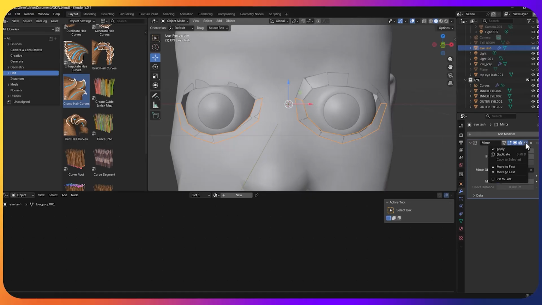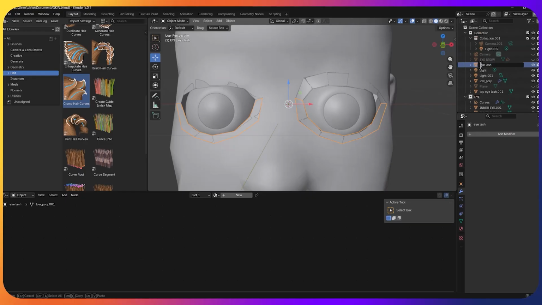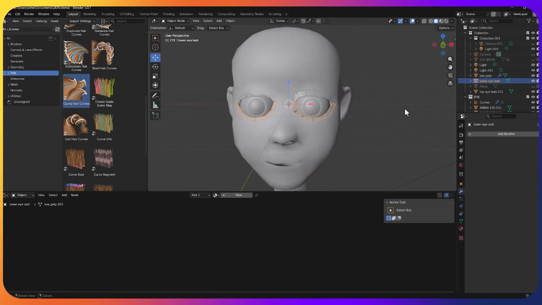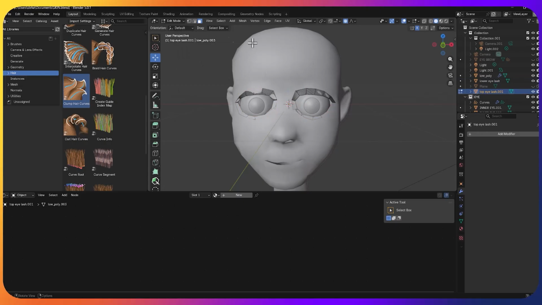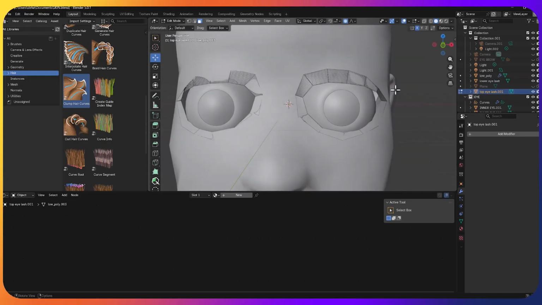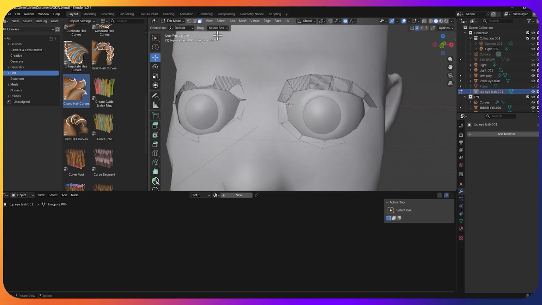Select this one, and I can apply this, and I can name this lower eyelash. So that's it. So now we can go to the top eyelashes there, go for the edit mode. You see what we selected there,